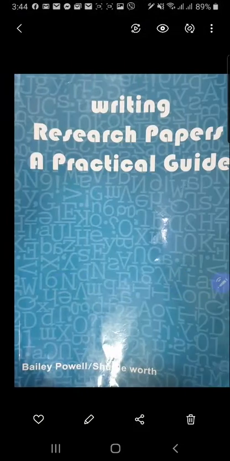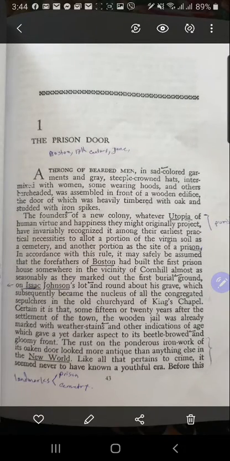If we move to chapter 1, the prison door. I remember I read chapter 1. I highlighted the main points, but we did not go through the topic in detail. And neither will we now, of course, because we cannot spend too much time discussing everything. This is what we should work on from now on. We need to just highlight the main points in every chapter. We just refer to this is important, this is important, this is important.